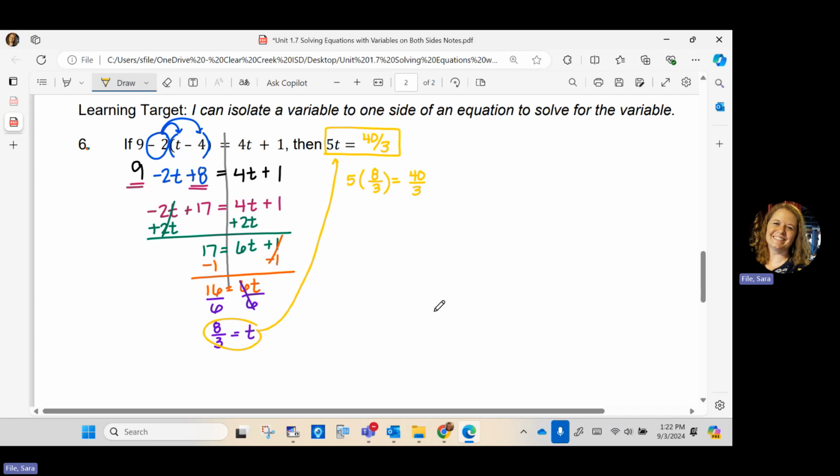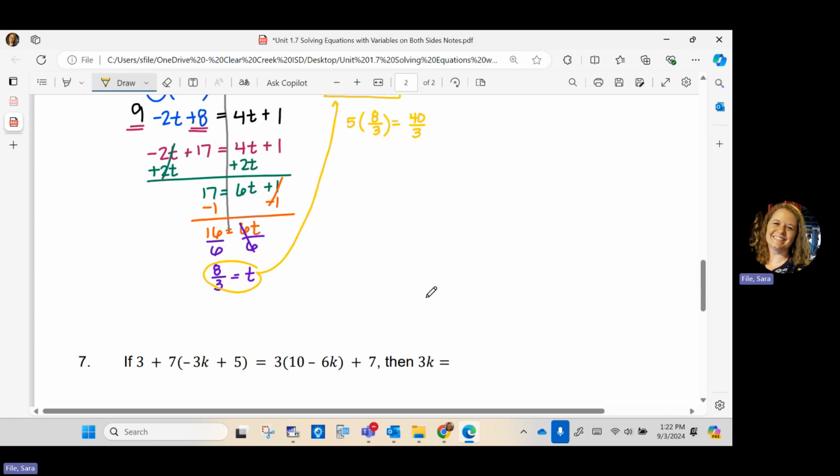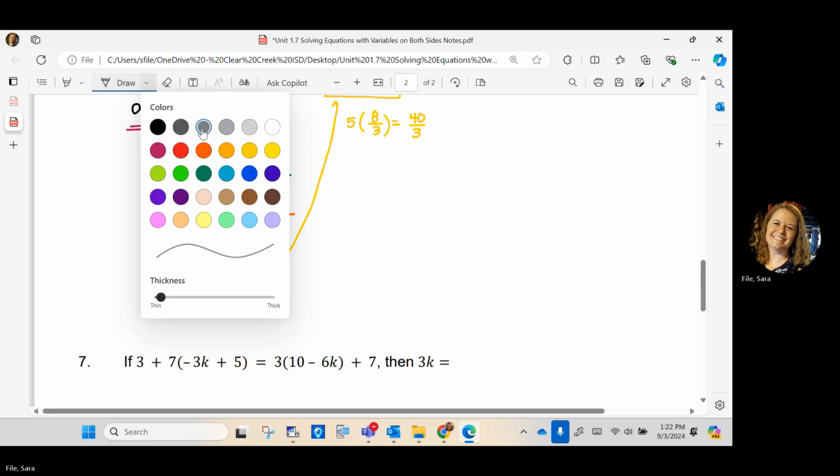All right, last one together, and then I'm going to give you some to practice on your own, with your group and on your own. Okay, let's do one more that has some parentheses. Now this one has parentheses on both sides of the equation. So when we look at number 7,